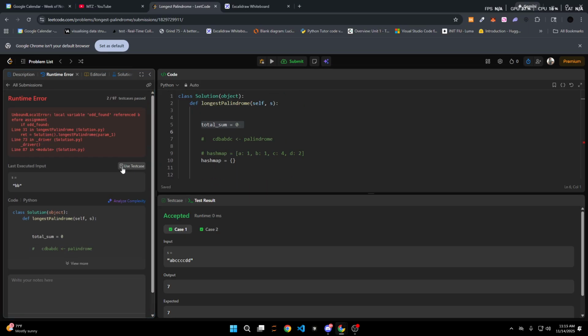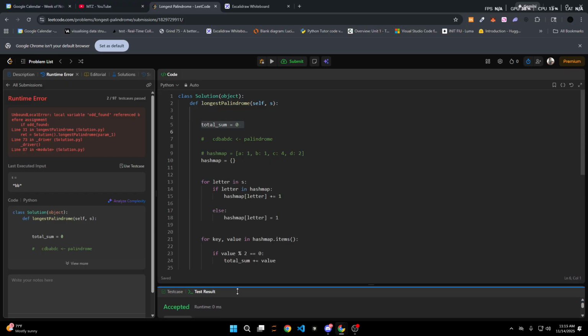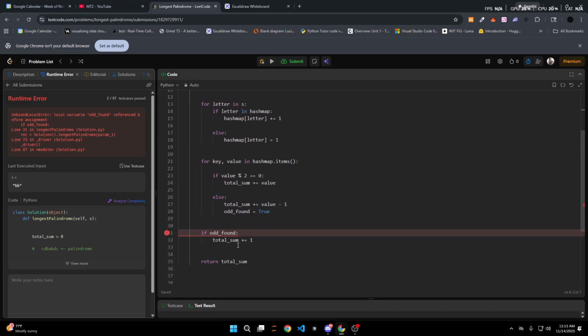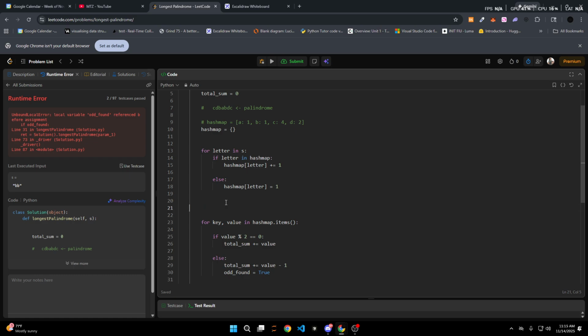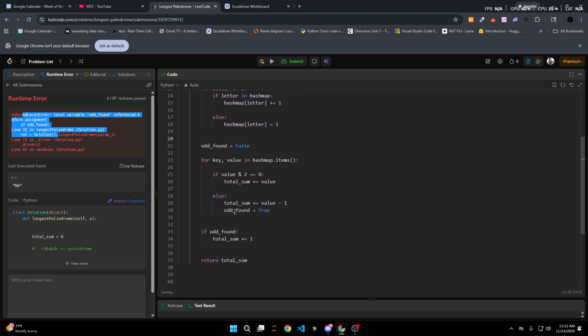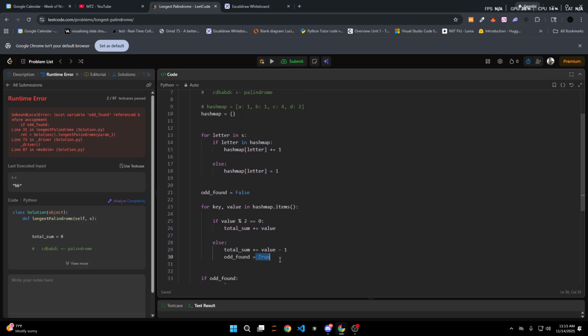Oh, no, we didn't. Local variable odd_found referenced before assignment. Yes, okay. So what this error is basically saying is that we have odd_found equal to true. How can we set something to true if it wasn't even called for? It's here. We create a variable,